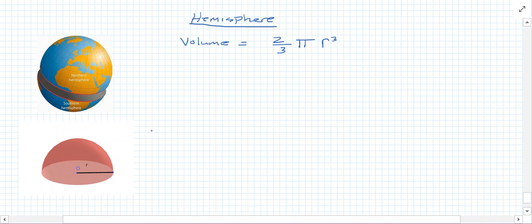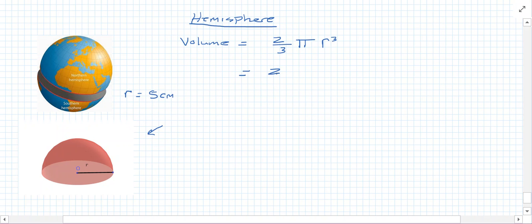So in this example, imagine we have a hemisphere and its radius is 5 centimeters. The radius is, if you have a point in the center of the hemisphere on the flat side, and you draw a line to the boundary, that distance is the radius. So we can take this formula and introduce the values that we have. Its volume, if it has a radius of 5 centimeters, is going to be